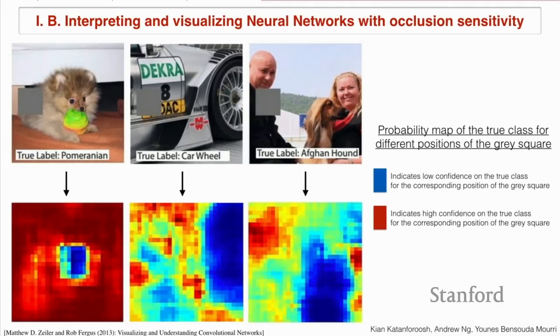And similarly, if you put the square on the dog, the class that the network was outputting was human, probably. Does that make sense? Okay, so this is called occlusion sensitivity,